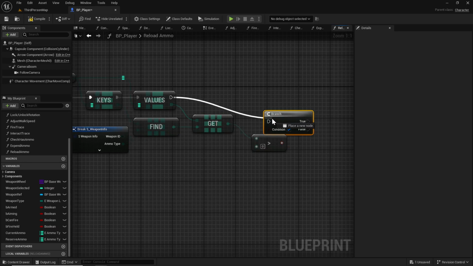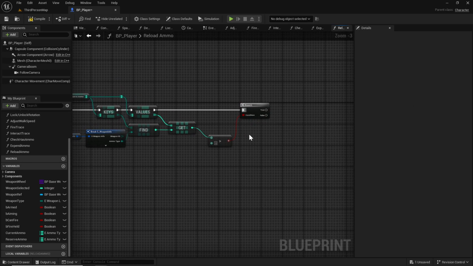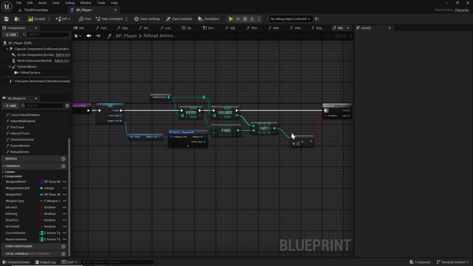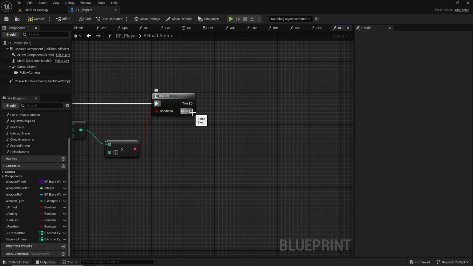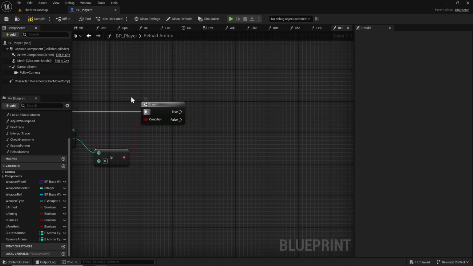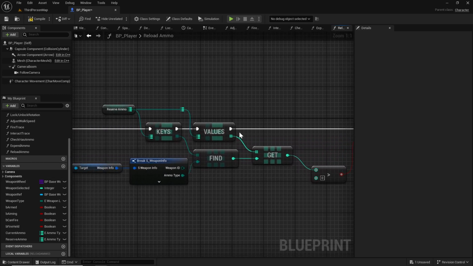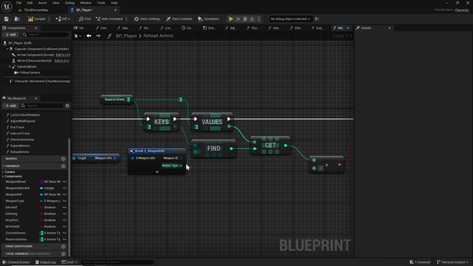Because if it's not, that means we have no ammo to try to reload with. So if it is greater than 0, then we want to get our